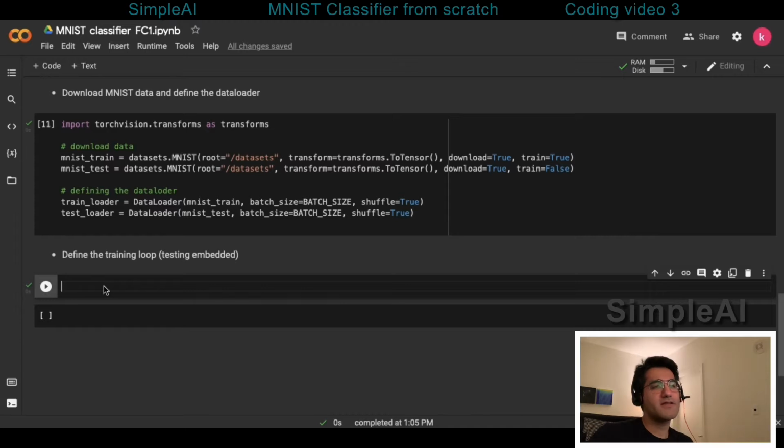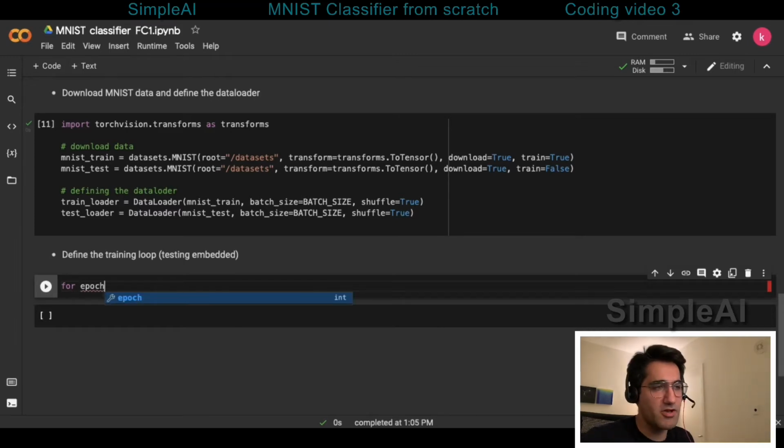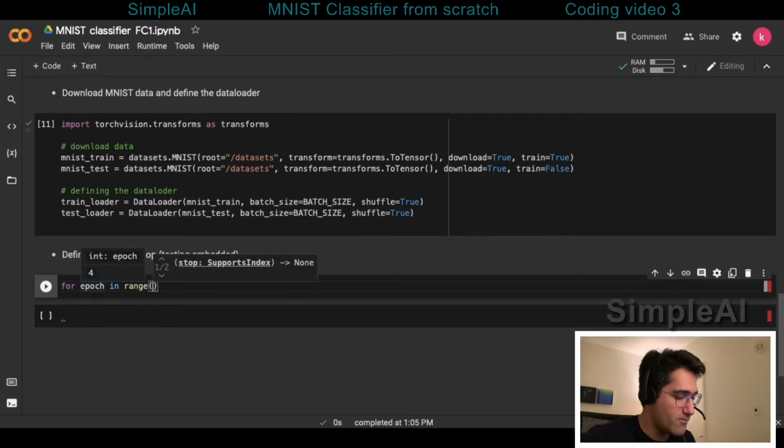The training loop is an iterative process in which the model gets trained by the training dataset. Since it is an iterative process, it makes sense to start writing it by using a for loop. And each iteration of the training loop is historically called an epoch, so I'm going to use the same terminology here. For epoch in range of my hyperparameter num epochs,